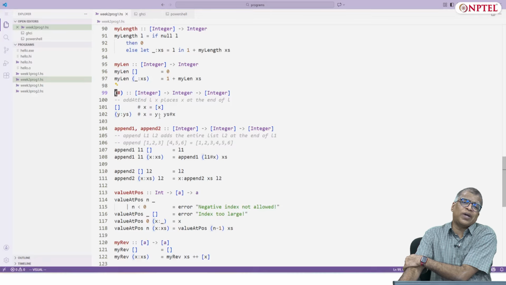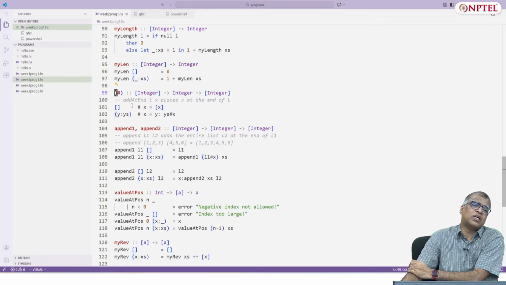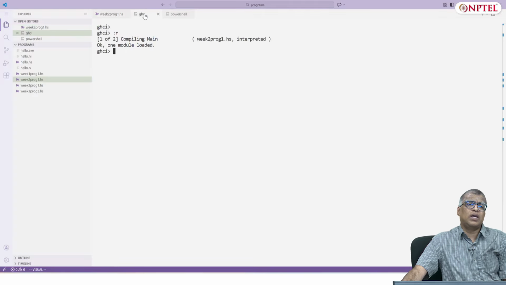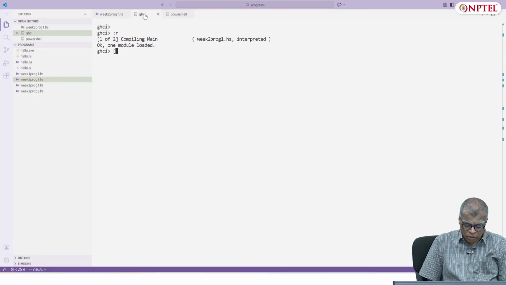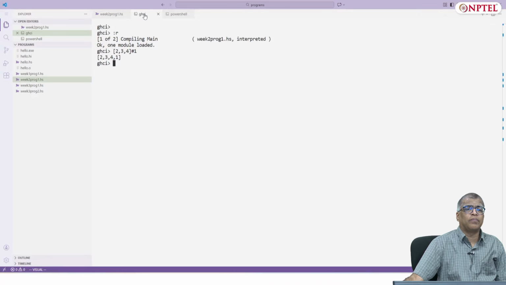This is when you define operators, you might say, for instance, that m plus 0 equals m, and m plus successor of n is nothing but successor of m plus n. You can do that, so you're defining this operator. You're saying empty list hash x is just the singleton list x, and y:ys hash x is nothing but y:(ys hash x). Let's try this. Let's try 2, 3, 4 hash 1, let's say. Yeah, we get 2, 3, 4, 1.